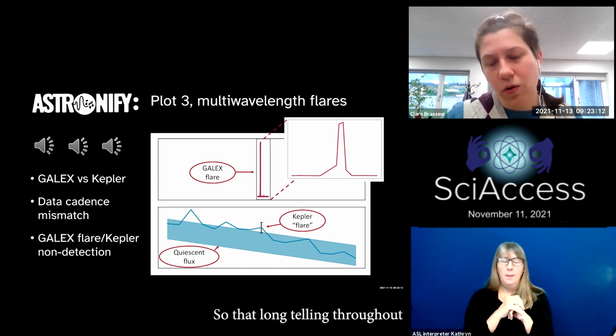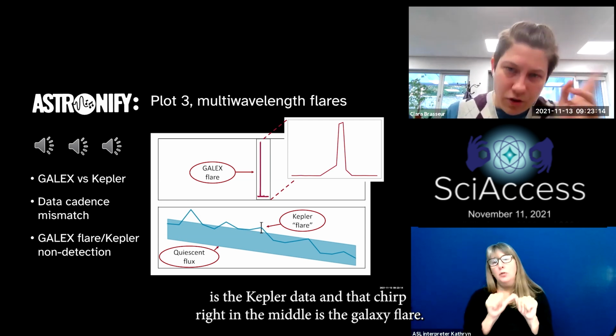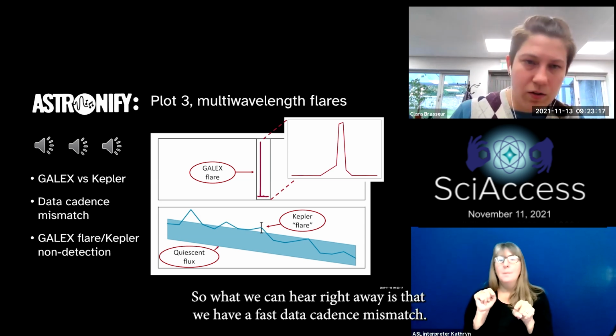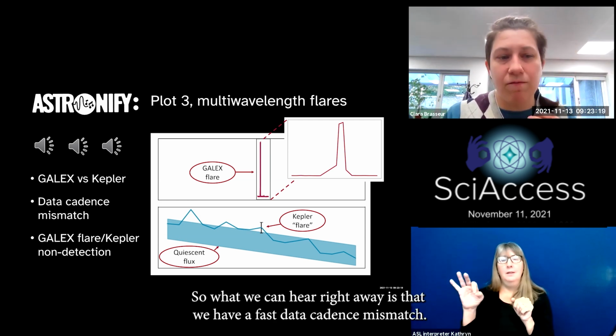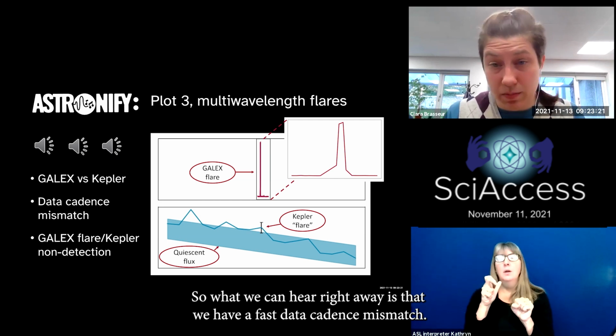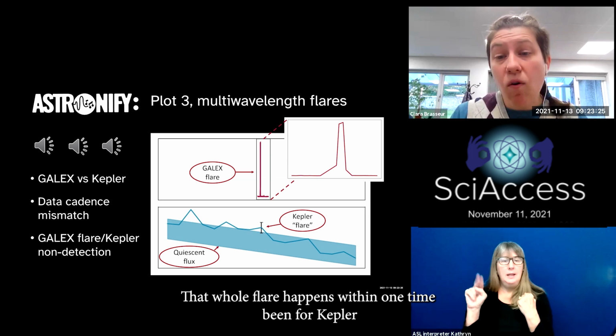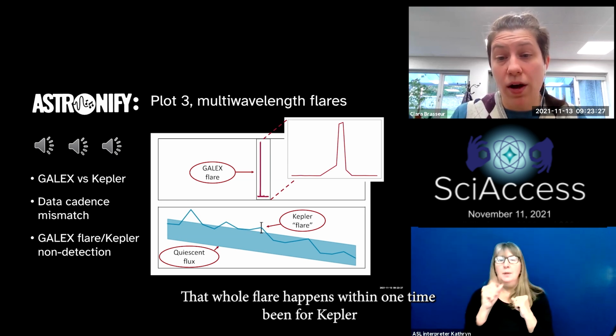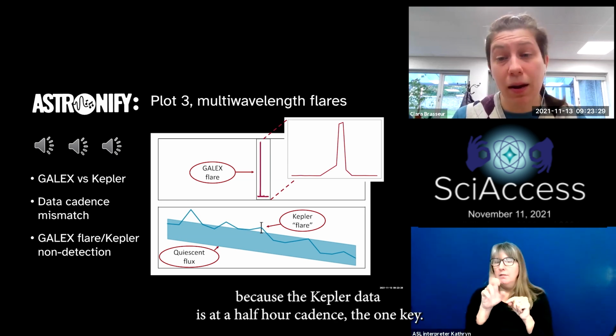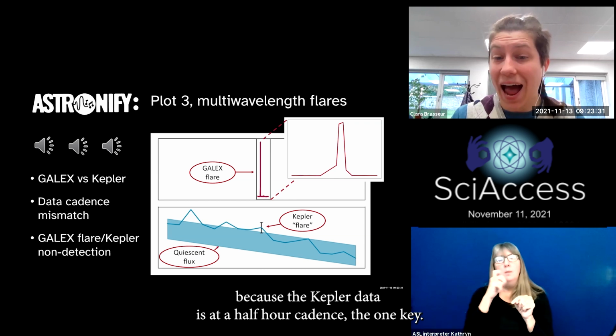So that long tone throughout is the Kepler data, and that chirp right in the middle is the Galex flare. What we can hear right away is that we have a vast data cadence mismatch. The Galex flare is at 10-second cadence. That whole flare happens within one time bin for Kepler, because the Kepler data is at a half-hour cadence,